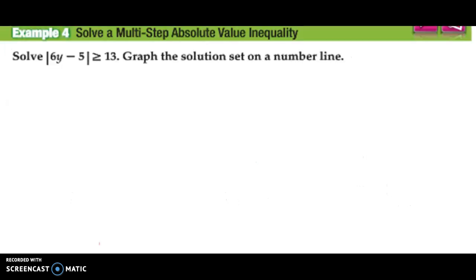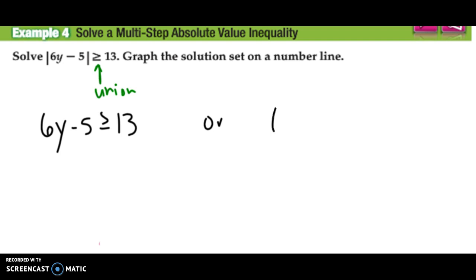So solving this one right here. Solve a multi-step absolute value inequality. Solve the absolute value of 6y minus 5 is greater than or equal to 13. So since it's a greater than problem, it's like a union. Okay? So it's an OR problem. So I'm going to set it up like this. 6y minus 5 is greater than or equal to 13. Okay? Or 6y minus 5 is less than or equal to